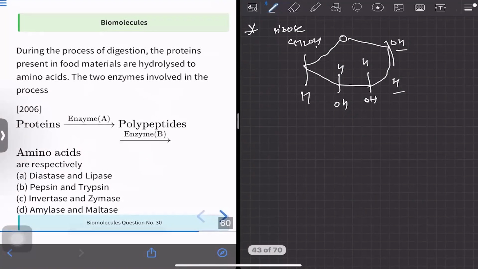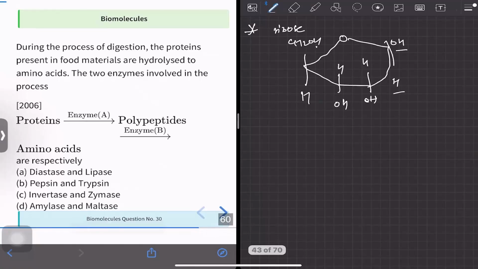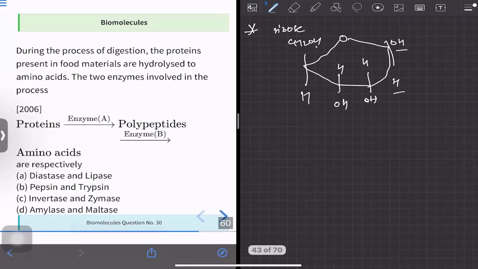Next one. During the process of digestion of proteins, the proteins present in the food material are hydrolyzed to amino acids. What is the enzyme involved in the process? Proteins, with the help of enzyme A, convert into polypeptides, and with the help of enzyme B, convert into amino acids. We all know in our body, protein digestion is mainly done by the enzymes pepsin,